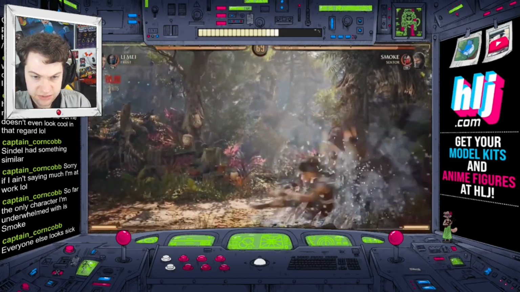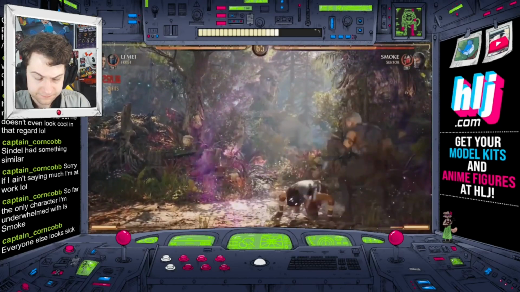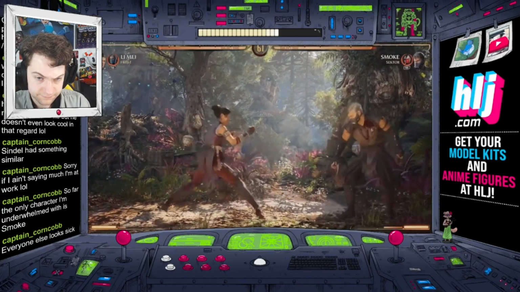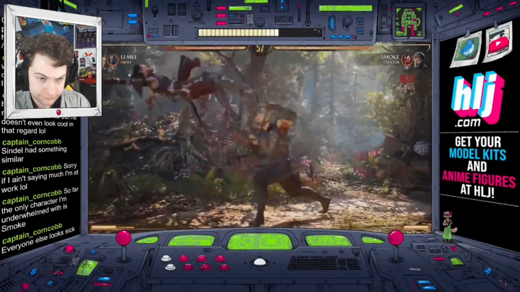Okay, here's an actual match with Smoke. Let's see how they're using him. Yeah, Kameo Sektor has exactly what you expect, right? Teleport, flamethrower, and then